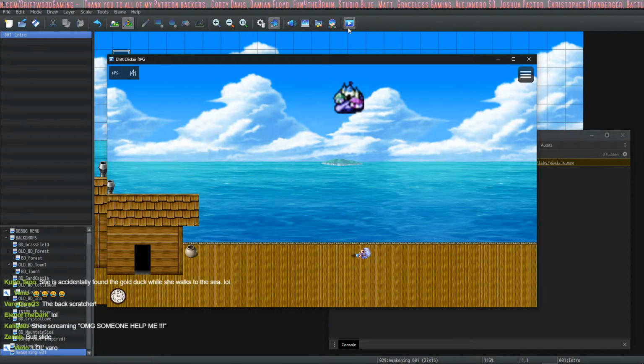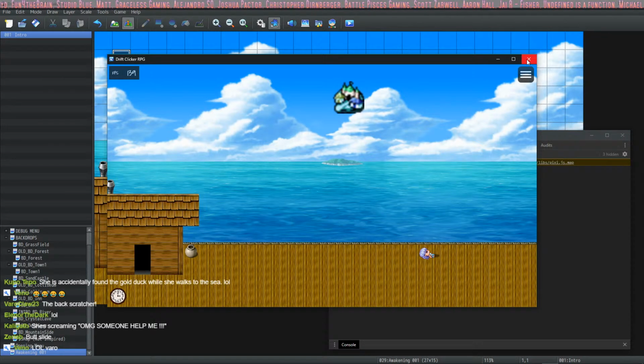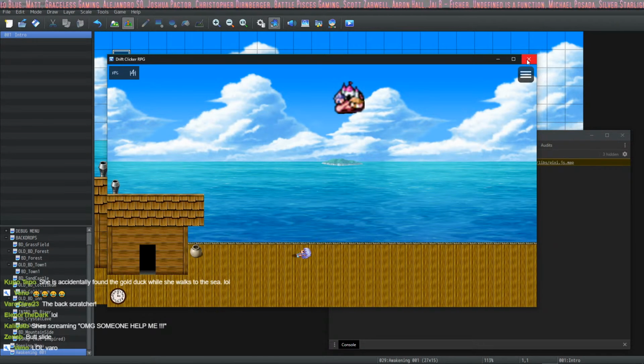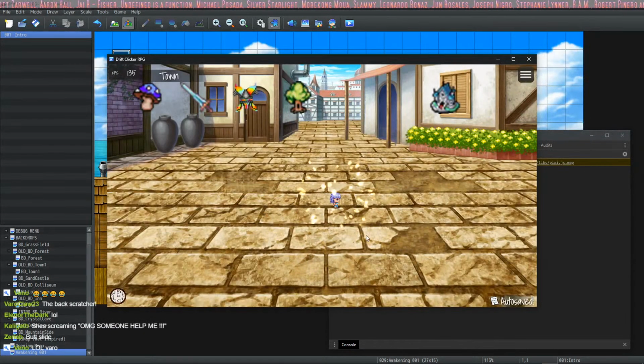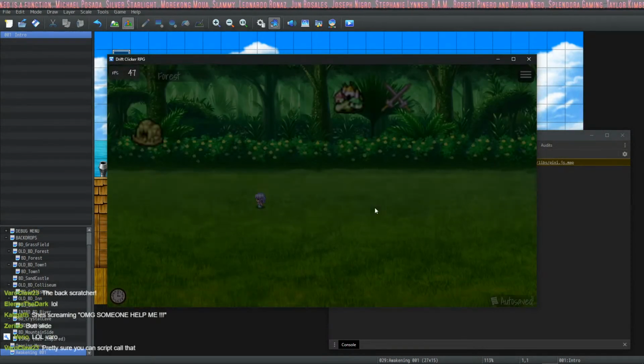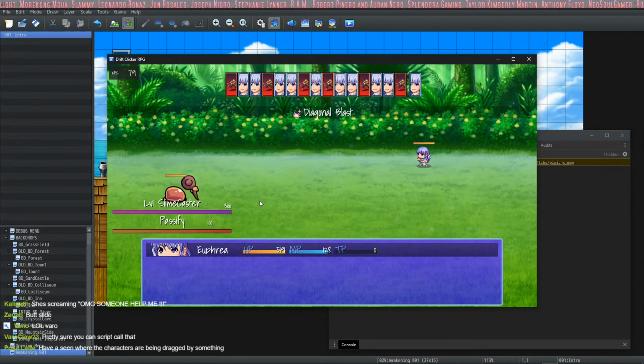I wonder if there's a plugin command that lets you change that on the fly. I don't know. So then you can be like, plugin command, change movement to tilt 5, and then auto run, movement route. And then they go floop, floop, floop underneath something, and then a plugin command to change it back to normal. You know what I mean? You can use this whenever you want to tilt the sprite. You could even do it on the face, like I was saying, but then have somebody throwing another character and they slide on their face, like in a fight scene. I wonder if you can. That would be cool.